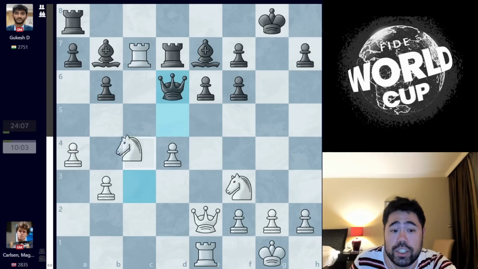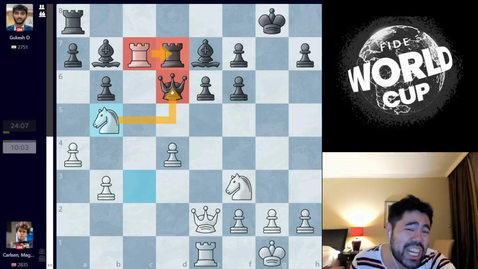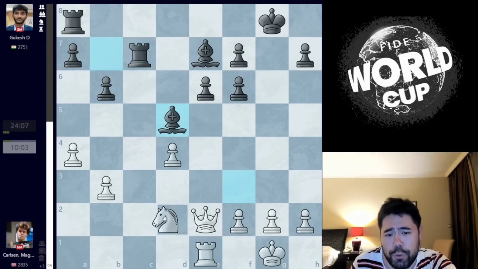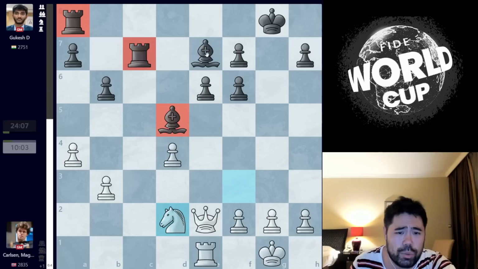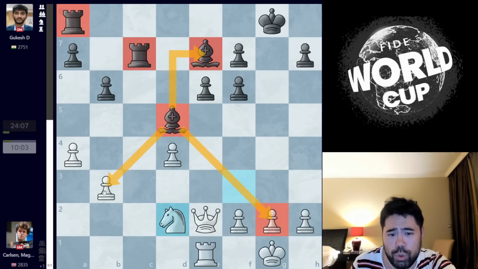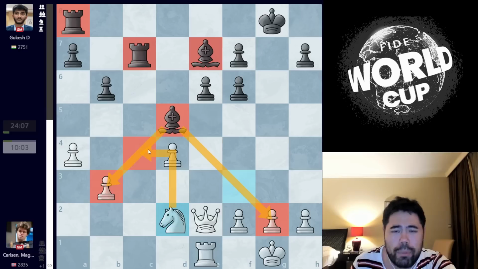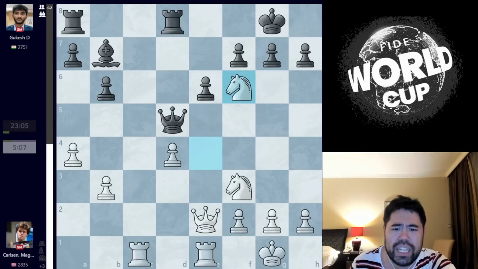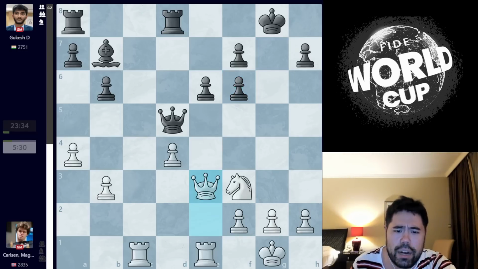Now, you could make a repetition here, and the game would end in a draw, but Gukesh has to win, and that's not enough. And if you sack the queen by taking the rook, on first glance, it looks like black has great chances with the two rooks and the two bishops, and more particularly the wooden shield here, but white probably is okay. So Gukesh takes with the bishop. We get knight takes bishop, pawn takes knight, and now Magnus goes queen to e3, potentially trying to go queen f4 or queen to h6 to target the pawn on the f6 square.